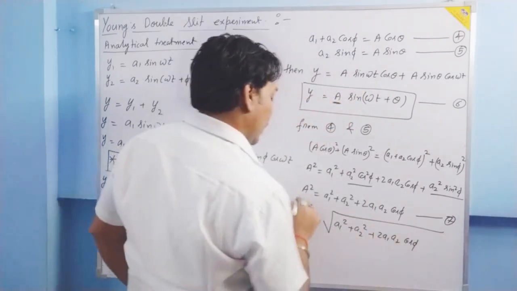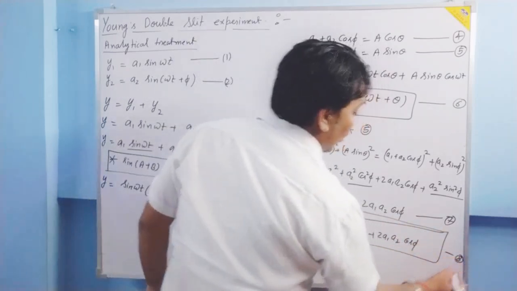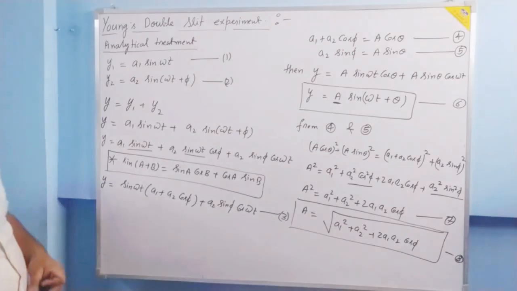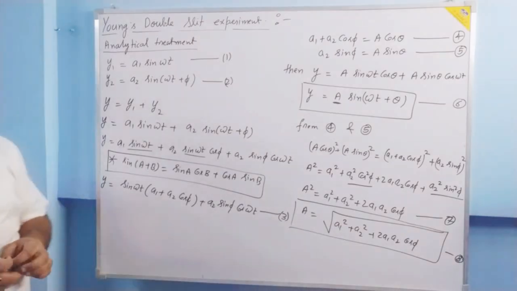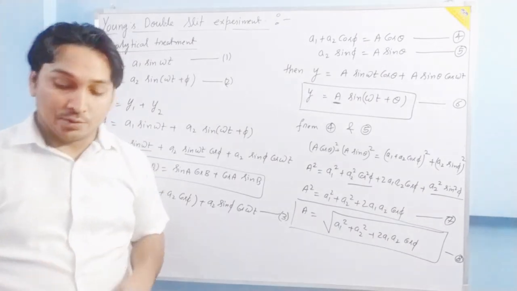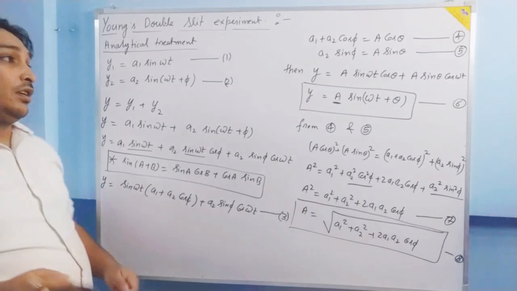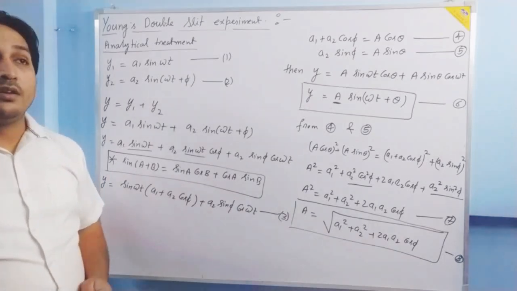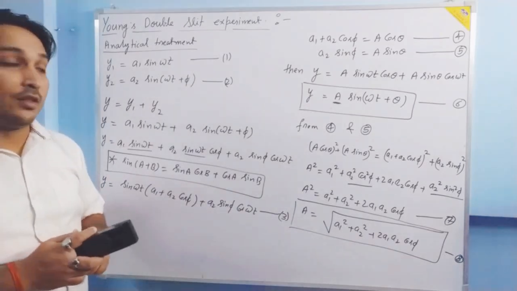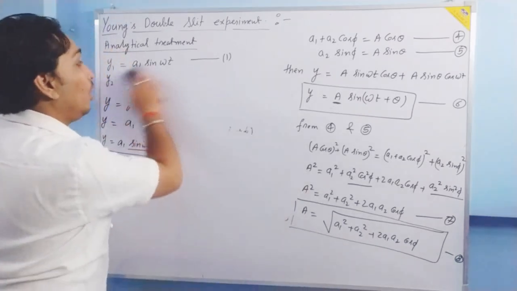Okay, this is the value of the resultant amplitude of the particle, and this very amplitude will describe the value of intensity. Why is it so? You have to pause the screen and note it down. Either you can note it down, or from the notes which I have provided in the description link. Okay, so